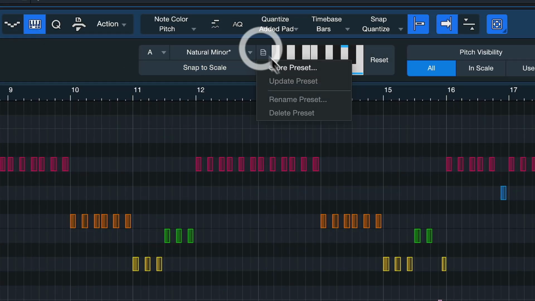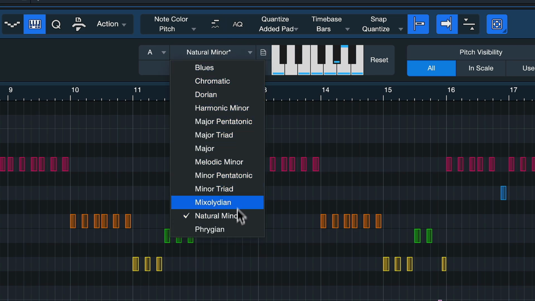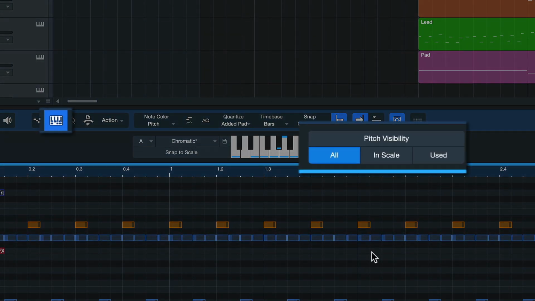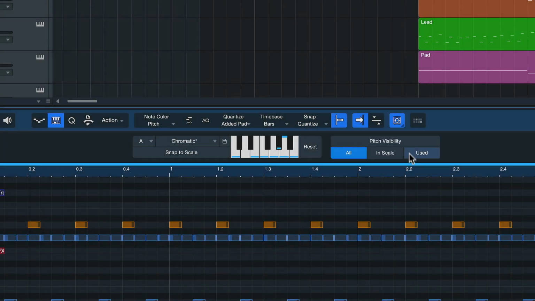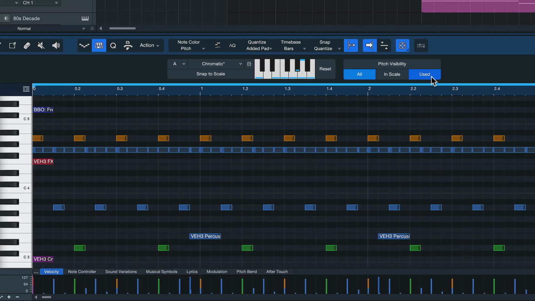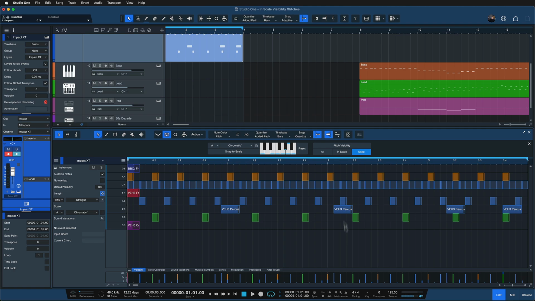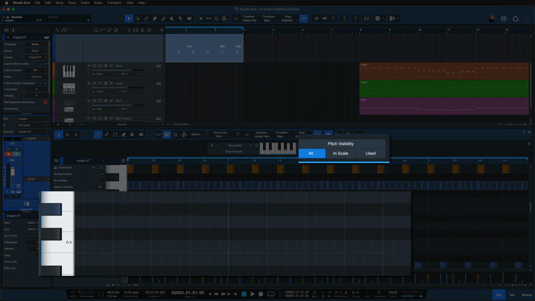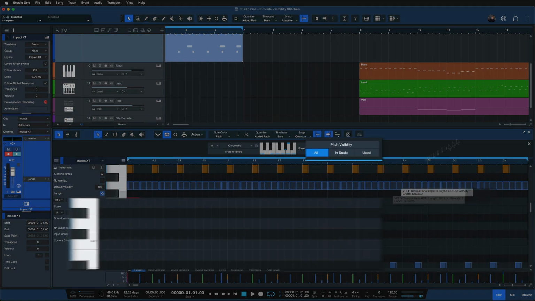because you can show them directly inside of the scale menu below the preset scales. The new pitch visibility filter includes an additional option that hides all unused pitches, leaving only those with the node events visible. This option is especially useful for unpitched instruments like drums where you don't need all of the pitches, you just have 16 pads or something like that, so it doesn't make sense to display any other pitches but